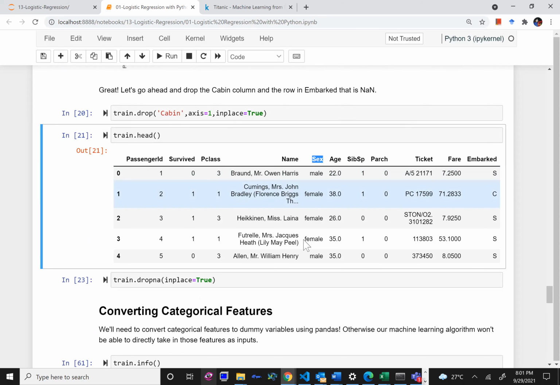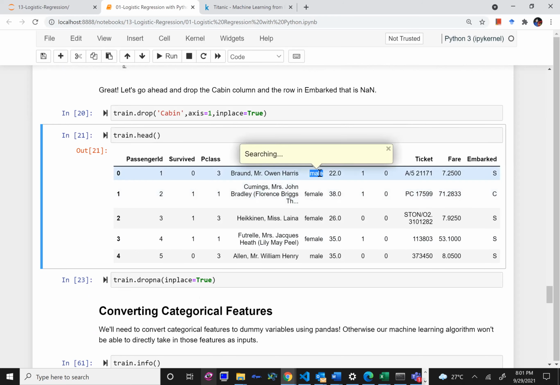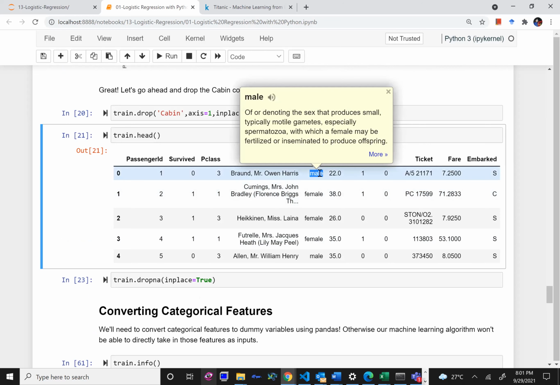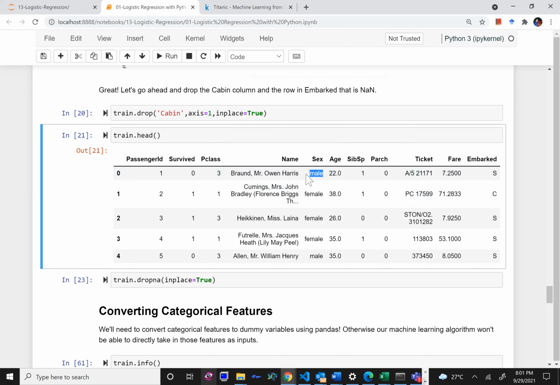A person doing the analysis can relate to male and female, but for a machine learning algorithm or a processor, male and female mean nothing. They are actually strings stored as a character array inside the memory. So it's better to convert them into a meaningful representation like 0 and 1.